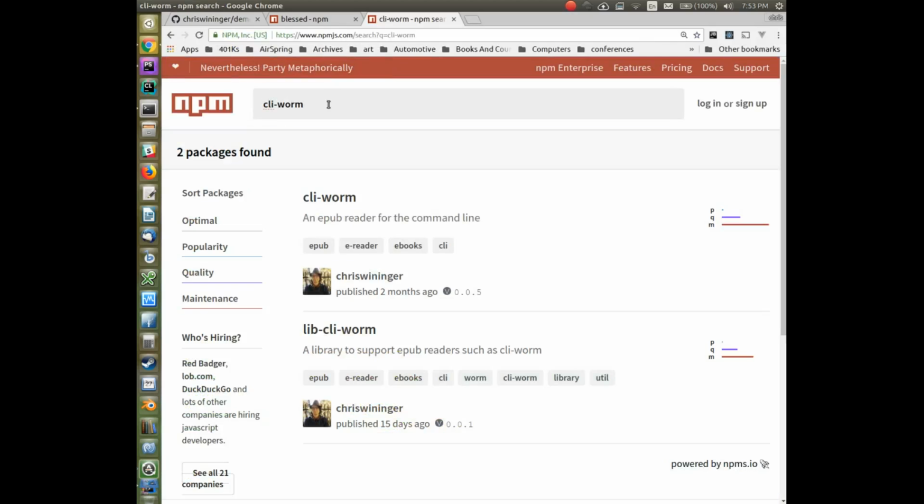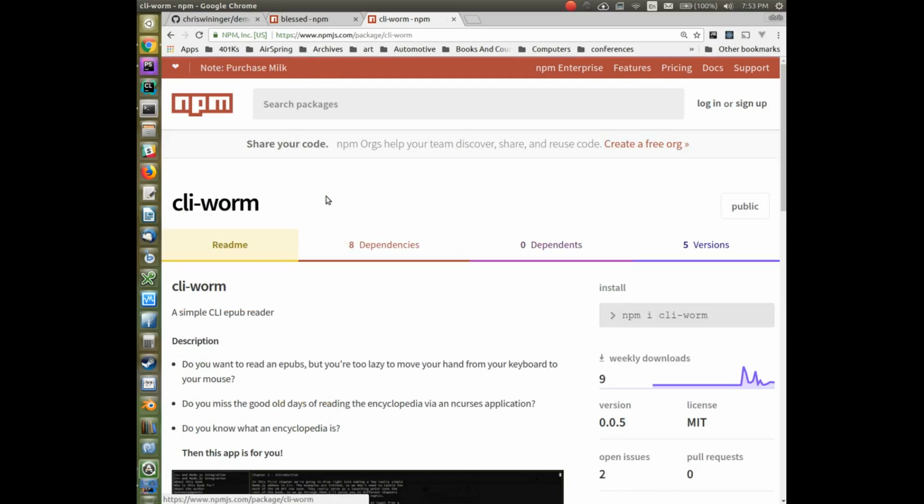If you're using Node, it's really easy to publish things. Some might argue too easy, but basically anybody can push stuff up to NPM. 8.9 weekly downloads. That's cool. Yeah. And then you can just npm install -g clyworm, and you're going to install this